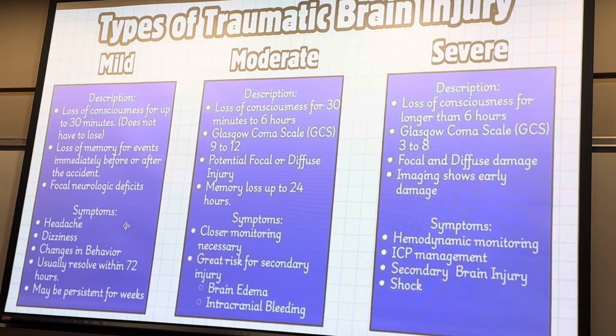And then severe, longer than 6 hours. Remember, we're on that new scale, on that severe scale, 3 to 8 on that GCS. We're really going to see a significant injury, significant impact pretty early on these. And this is kind of the most severe, most emergent type. And so we're going to do some pretty significant monitoring, ICP, manage it, might get some medications on board. We'll drain off some excess CSF fluid, blood pressure management, hypovolemic, neurogenic shock as well.